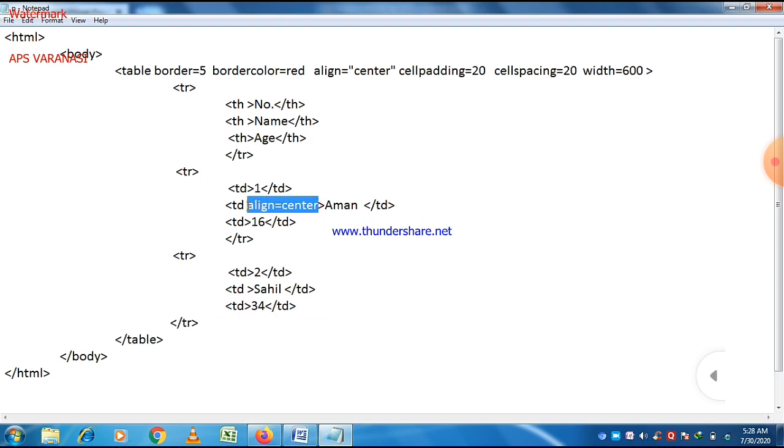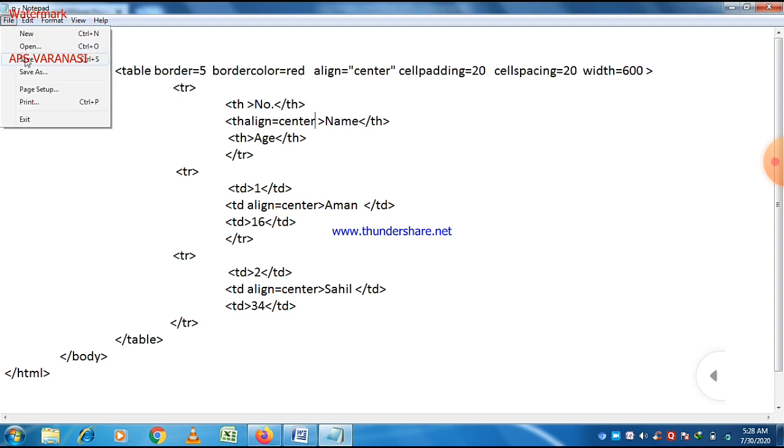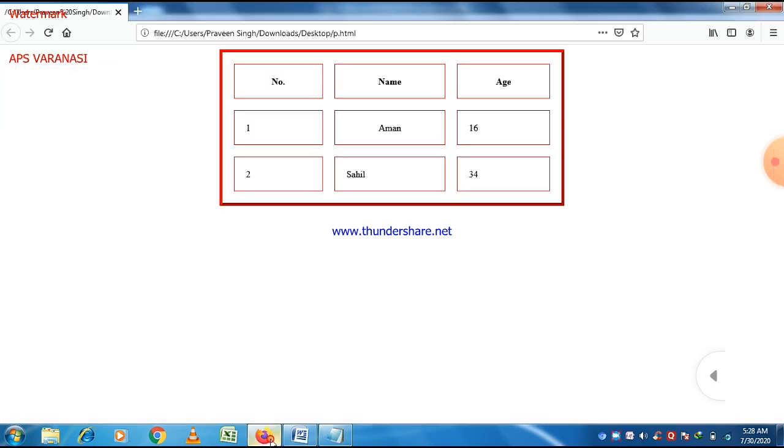And here, let's talk again about the alignment attribute. Now you can see that when we provide a much larger width, the alignment will appear definitely.